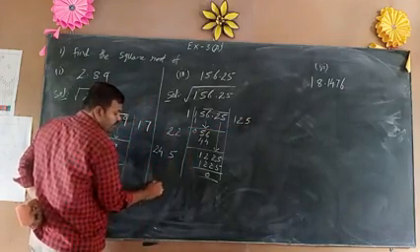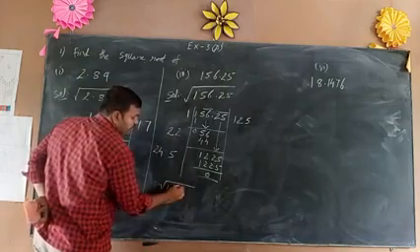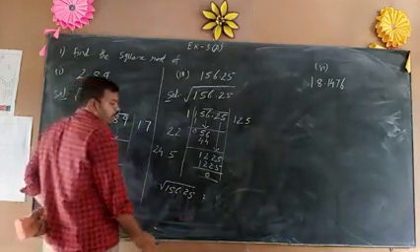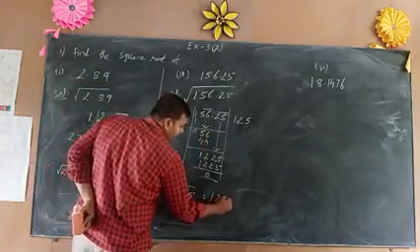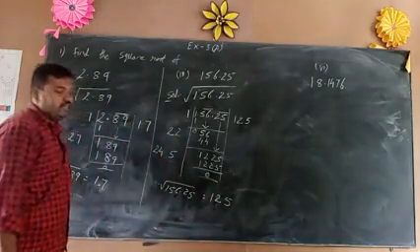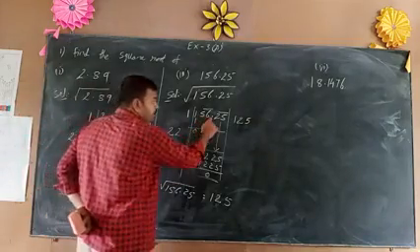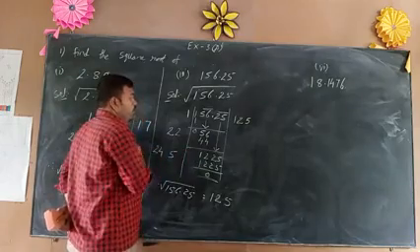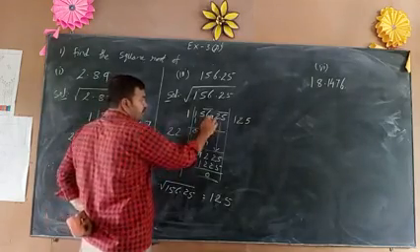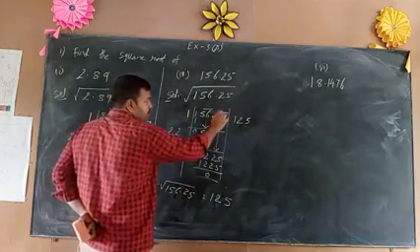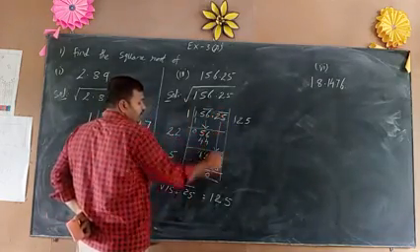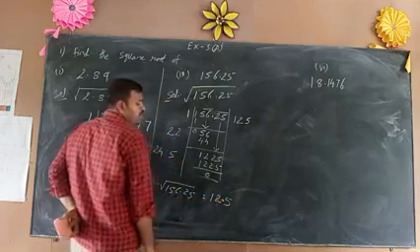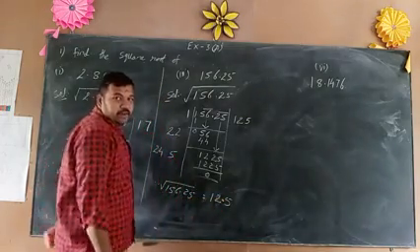Write that sum. Therefore, the root of 156.25 is equal to 125. Now coming to the point. How many digits after the point do you have to keep? After the decimal, not how many bars are formed. 2 bars are formed, but we should not take the 2. We have to take how many pairs there are after the decimal. After the decimal only 1 bar, that means only 1 pair is formed after the decimal. So after 1 digit from back to front. Therefore the answer is 12.5.